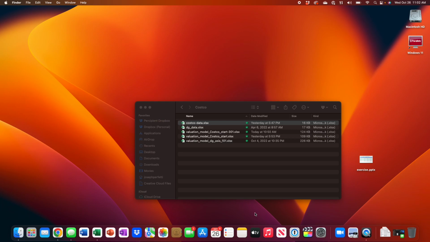All right, so to get started today, you're going to need two files that I posted on the Elms files folder under Costco. One is the start valuation file, Costco start model. The other one is the Costco data file. Now, if you were able to successfully complete the data export from Bloomberg, you can use your file. If you weren't able to complete it, I put a file up there that you could use. All right. What we're about to do,